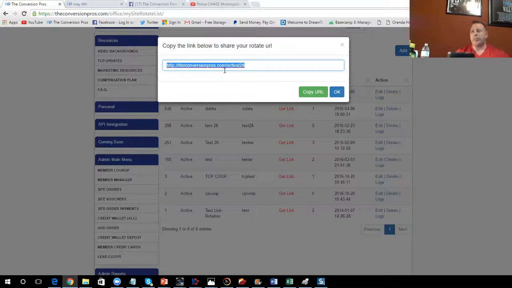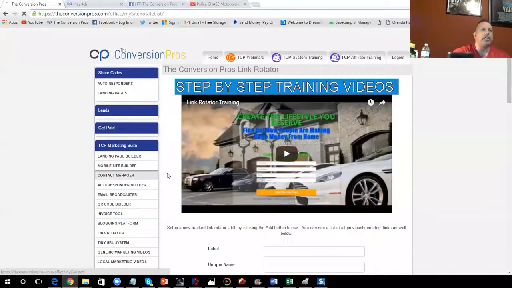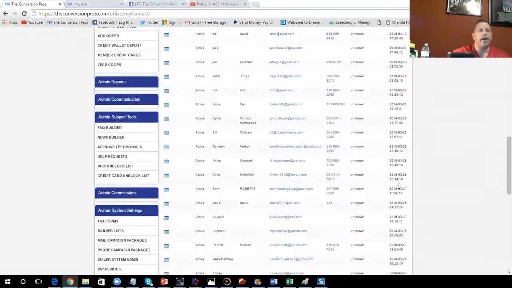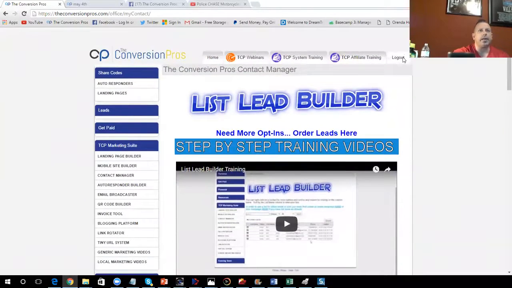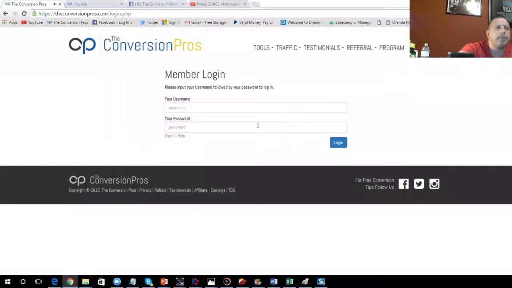You can also set them to have a certain amount of hits. If you say I want this one to have 100 hits, the next one to have 100 hits, you could do that in our URL rotator. Then, as you start getting leads in the contact manager, I'm going to have to log out of the corporate system and log into mine so I can show you something. When you get leads that come in,